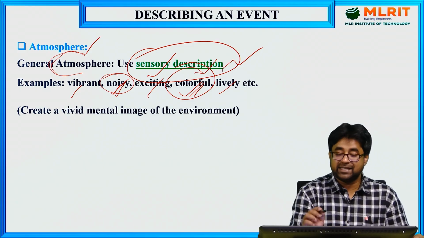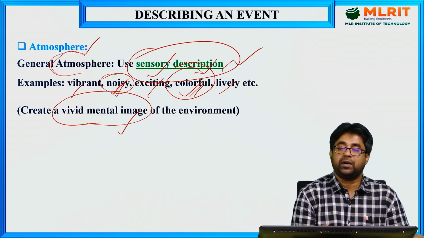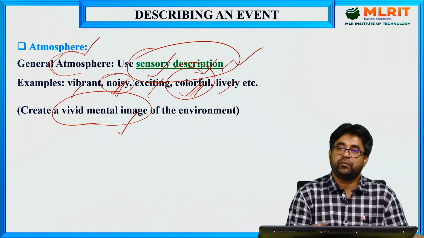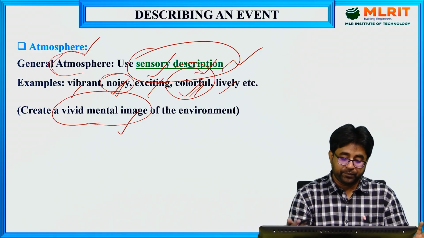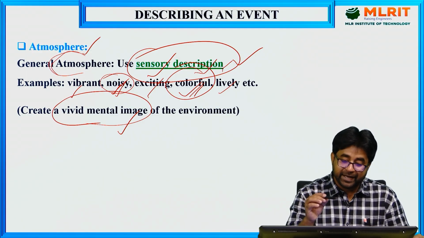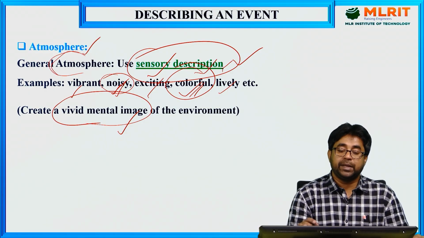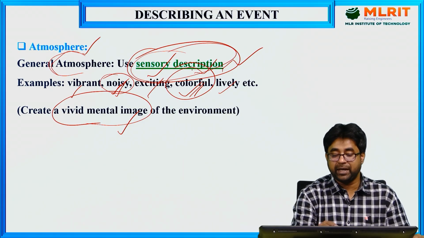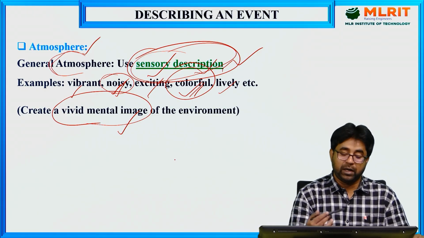So the sensory descriptions are very important because they create a vivid mental image. So this is very important, you have to remember. Whenever you are describing an event, it's not a dry description or writing a few words on a paper. You have to create the image in front of the reader. The moment the reader reads your description, they will not simply go through the words or sentences on a paper. They will also create a picture in their mind about that event, about the event day. That's why the sensory description is very important. If you don't include them, that vivid mental picture won't be created. Hence, the description will not be that effective.